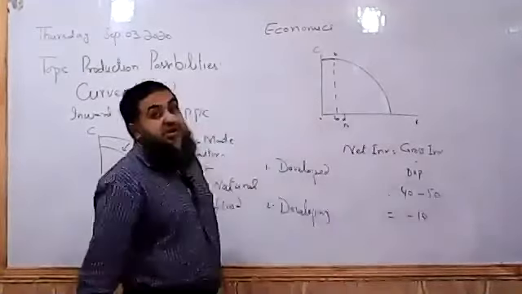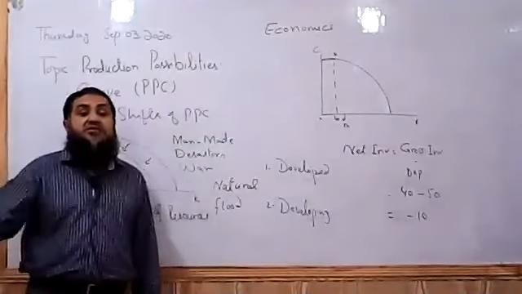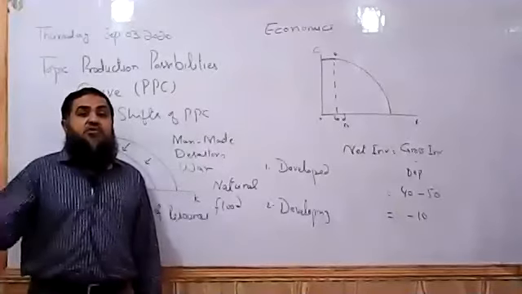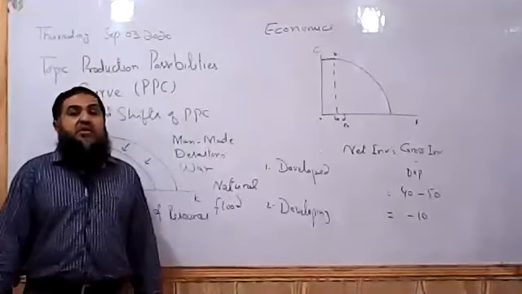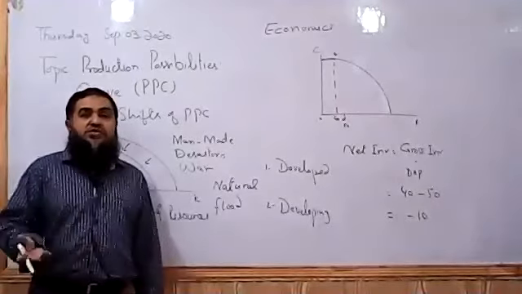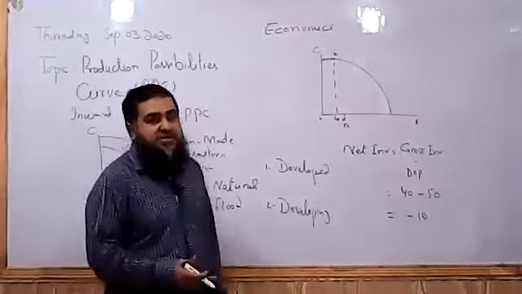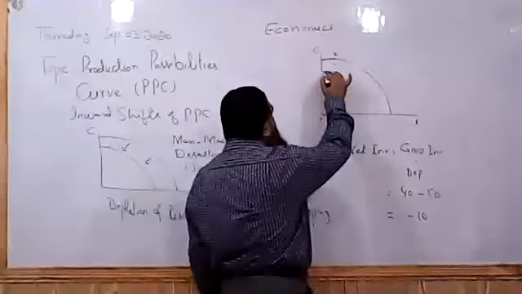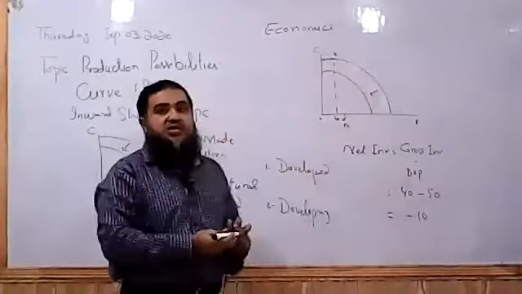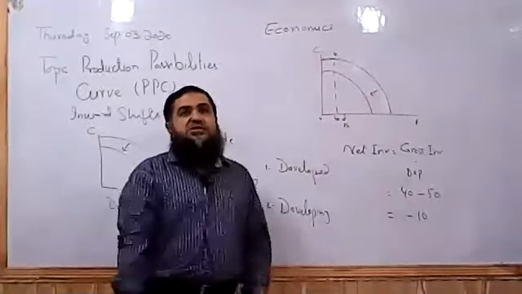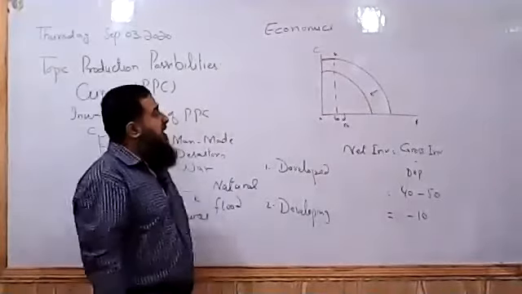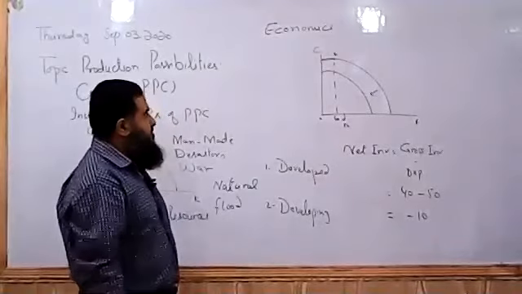So when fewer capital goods are produced, in future fewer of both kinds of goods will be produced. Like if nowadays we are consuming more fast food, pizza and burgers, and we are not producing enough ovens to produce more pizza, then in future less fast food will be available to us. So we say the PPC of the country will shift inward if it is focusing on producing more consumer goods and fewer capital goods. So we say this PPC of the developing country will be shifting downward.